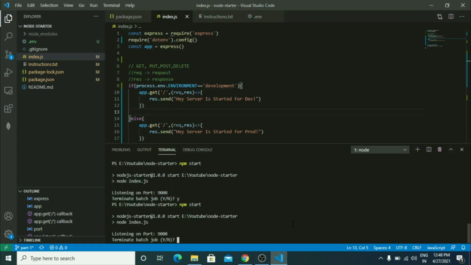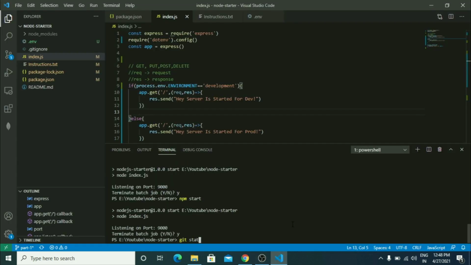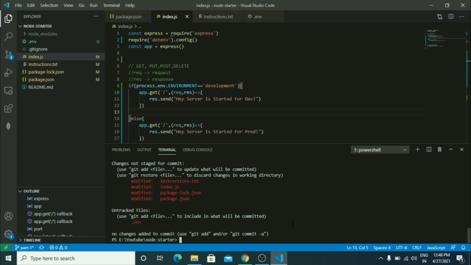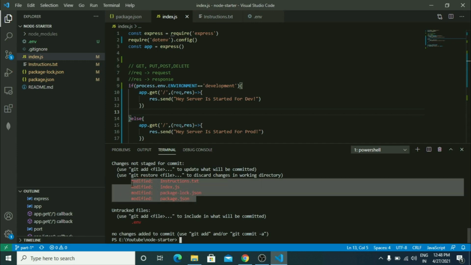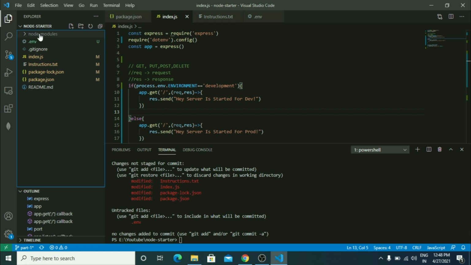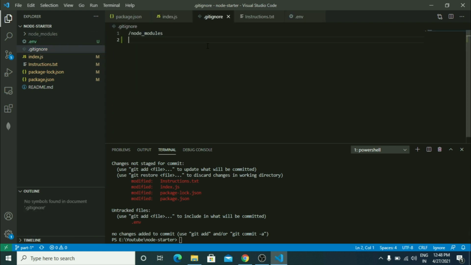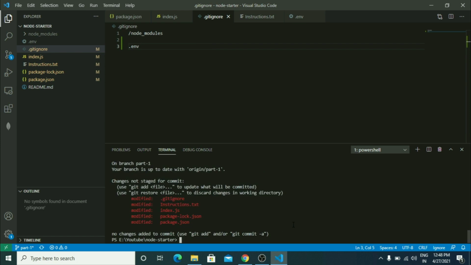Let's push our code to GitHub. We have these files that have not been tracked. You can mention the environment file in .gitignore because we do not push our environment variables to the cloud or to Git source control systems. So you can manually upload this file whenever you go to production. Let's check the status. We have these files which have not been tracked yet.